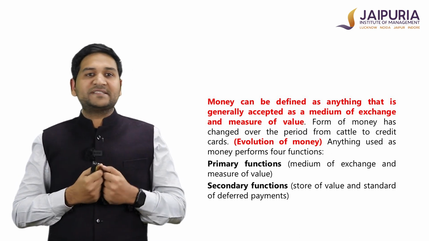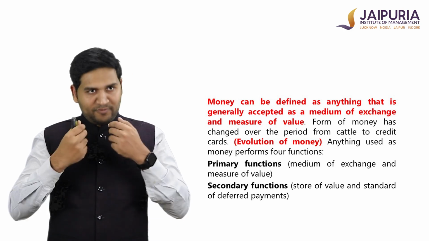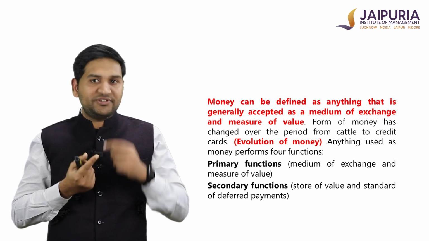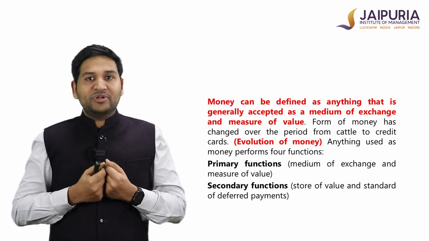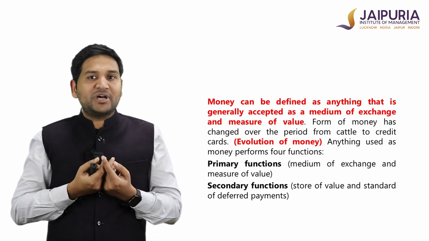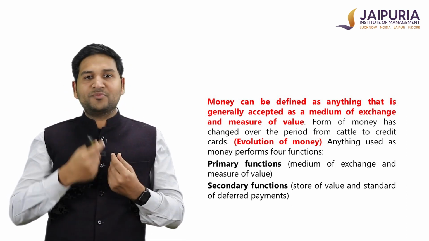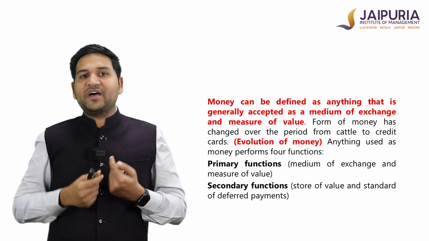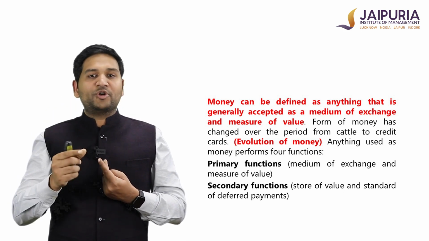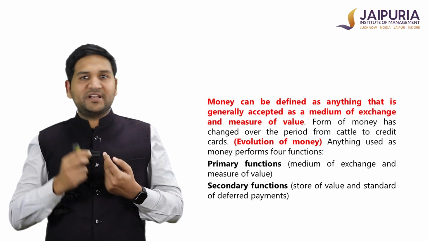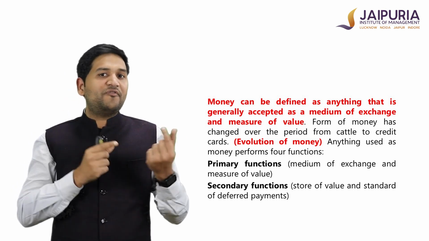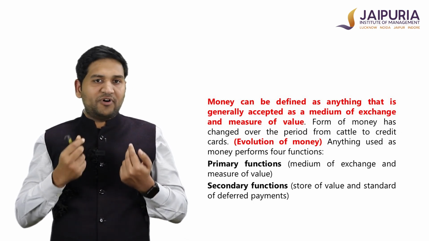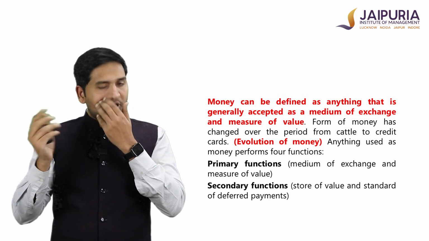Second primary function is measure of value. Now, before the invention of money, that is a common medium of exchange, there was no common measure of value. Let's say if I have to buy 2 samosas, and one samosa is for 10 rupees, then I have to pay 20 rupees. That is a common measure of value. Similarly, if I have to buy a water bottle costing 20 rupees, then I have to pay 20 rupees. That is a common measure of value. But earlier in the barter system, this was not possible. There was no standard for the same. So money overcame this problem.